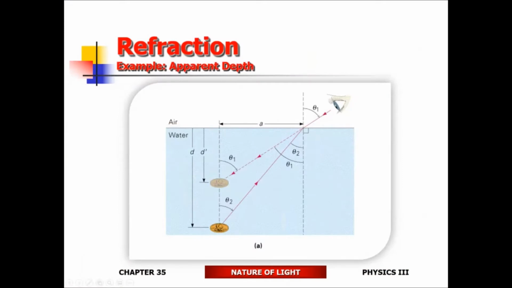The penny is here, but the penny is going to appear here, right? So the question is why? A lot of people say because of refraction. The answer to that question is no, it's not refraction, guys. Refraction is the light from the penny getting refracted into your eyeball. That's your refraction. My question is, why do you get to see the penny here?